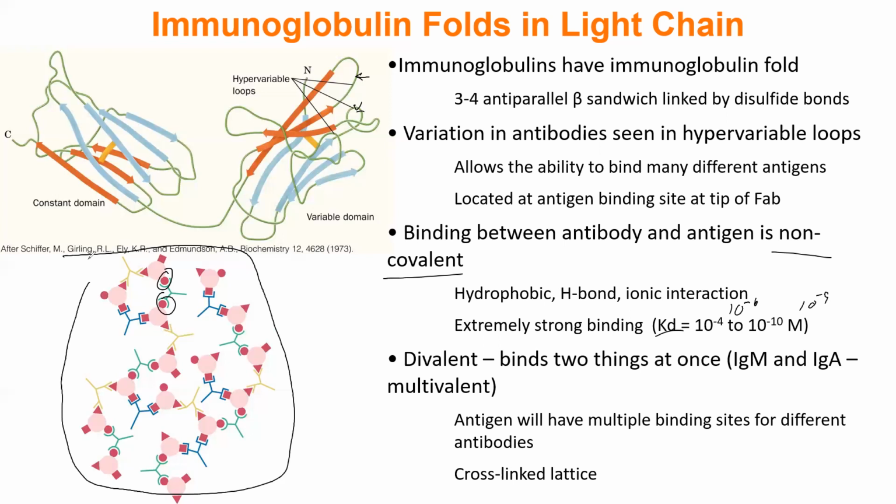Your other antibodies are multivalent. So you have some antibodies that have 5 heads and can combine 5 things at once. And again, you're just making this whole lattice. But yeah, the important thing to remember here are your variable and constant domains, your hypervariable loop. And for biochemistry, it's very important to realize